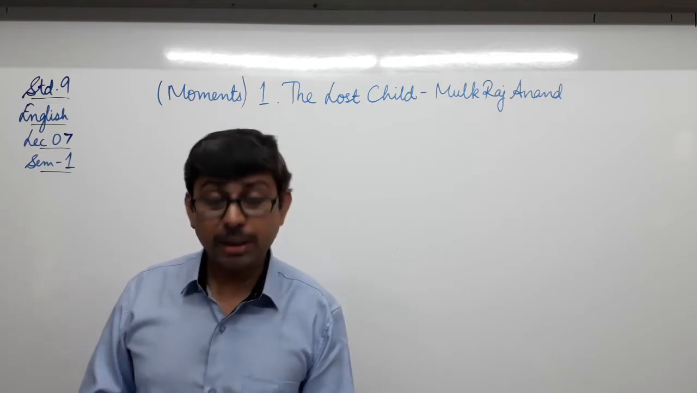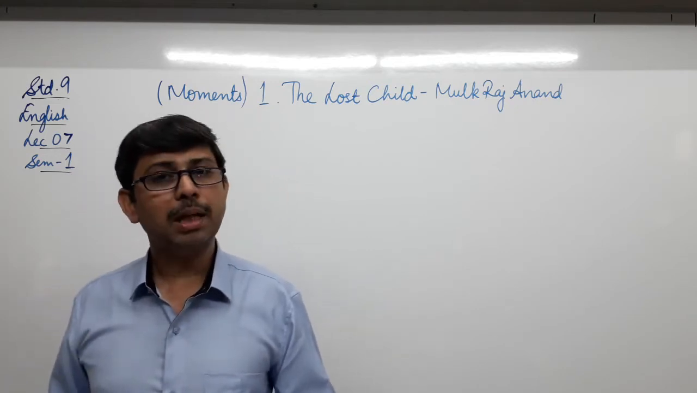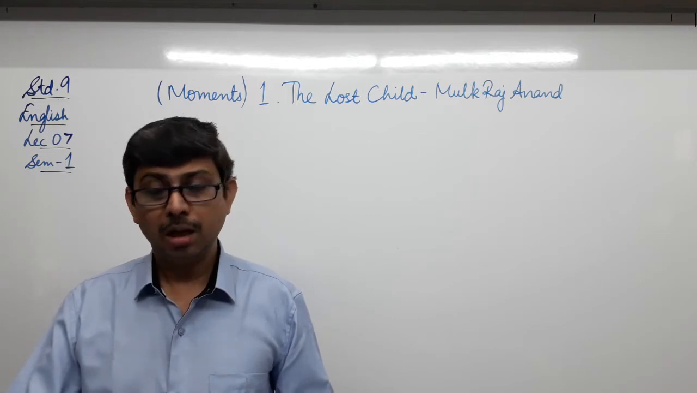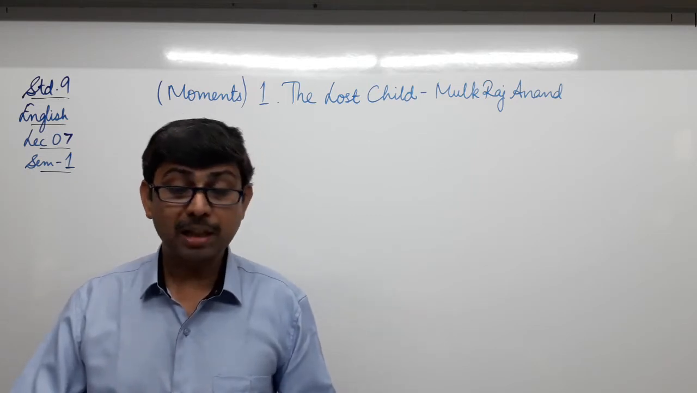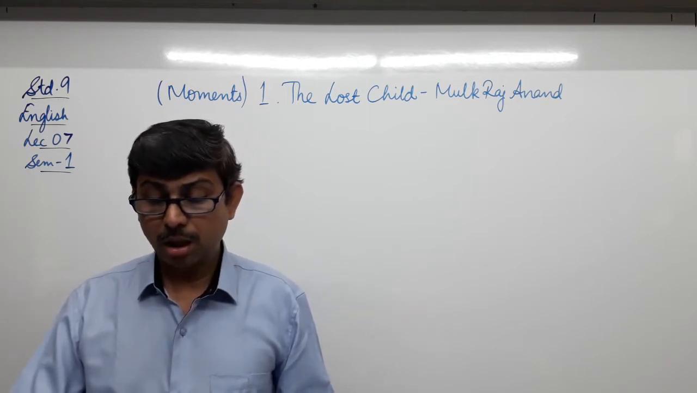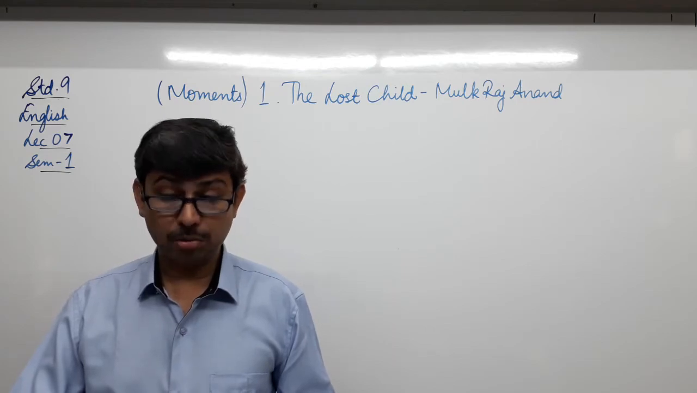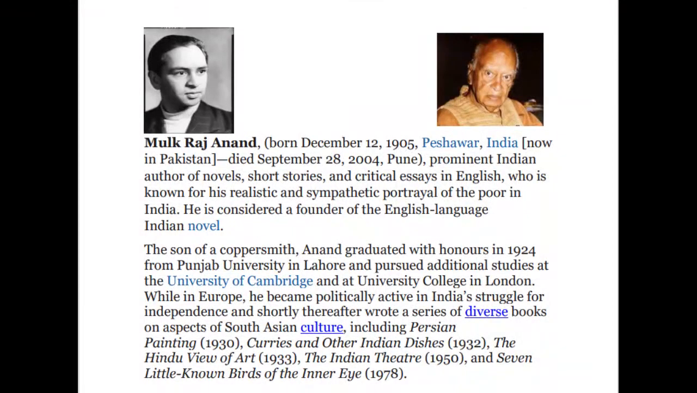Before we get into the details of the chapter and then finally read the chapter line by line, paragraph-wise, let us read about Mulk Raj Anand with the help of the image being displayed on your screen. As you see, the pictures of Mulk Raj Anand when he was young as well as when he is old. Mulk Raj Anand was born on 12th December